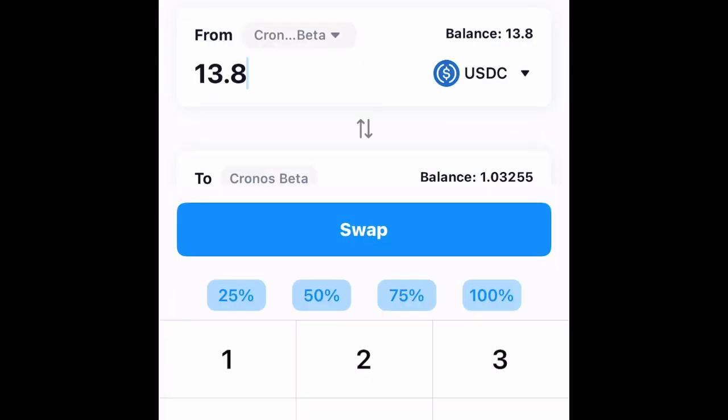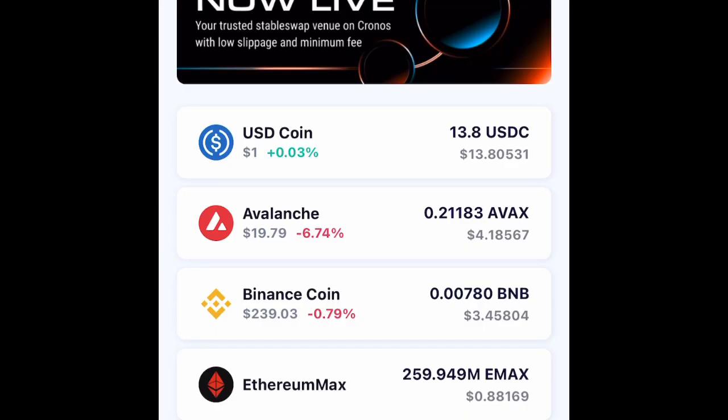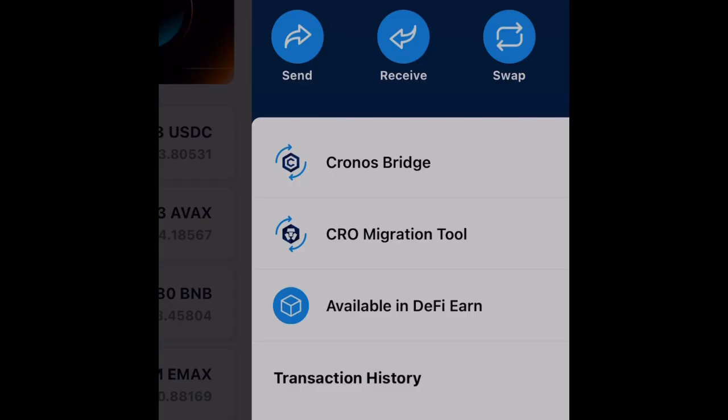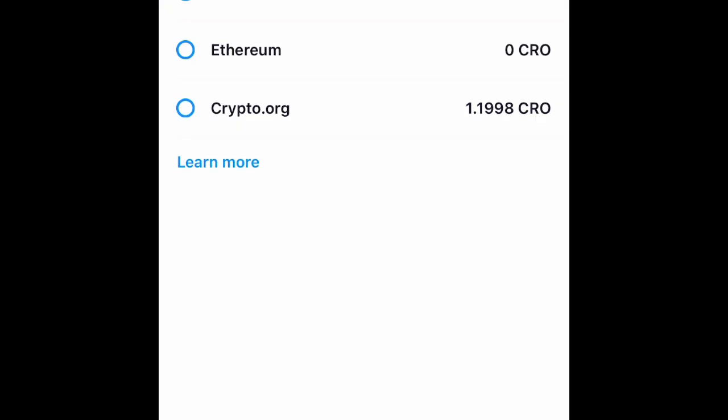Or transfer it over. All right, guys, so when you're doing swaps on the DeFi wallet, I think it doesn't take Chronos. The Chronos version of Crow is not the main gas. The Chronos version of the Crow is what you use inside the dApps and the blockchain. But the crow.org version, up here, you click where it says CRO balance. You see there's the Crow, and then there's the Chronos Beta. Since it says I don't have enough, I need more of the Chronos Beta.